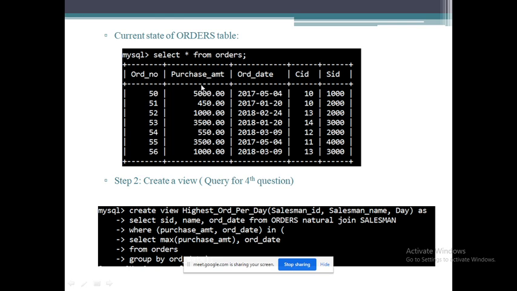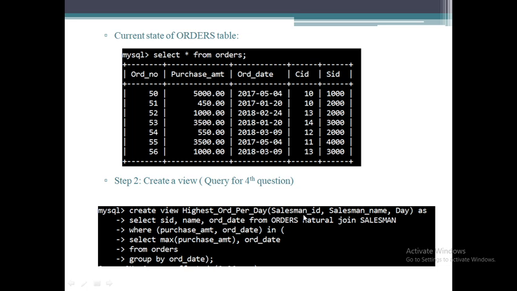Now I have added two more tuples to this, and we create the view. Now how can we create the view here? Use the create view command and give a name to that view, and here you can change the attribute names.